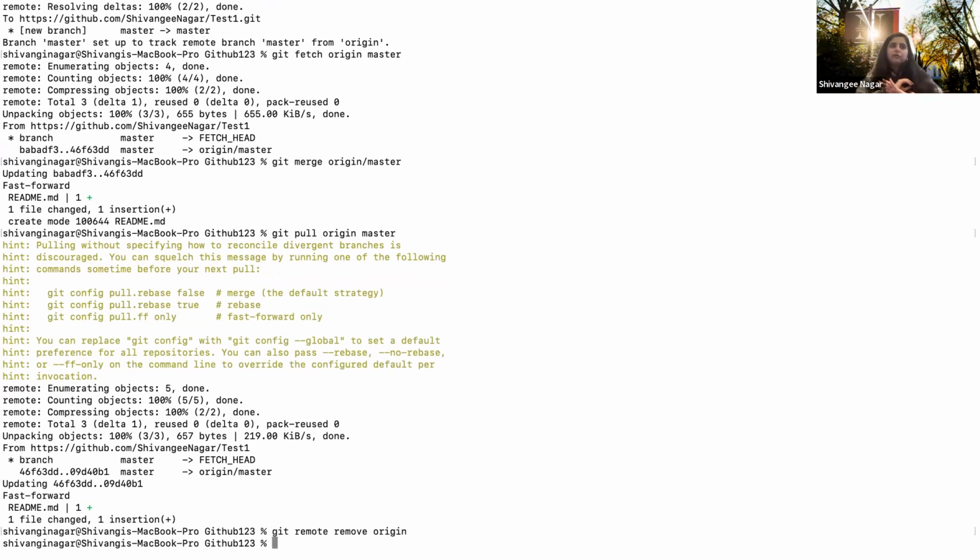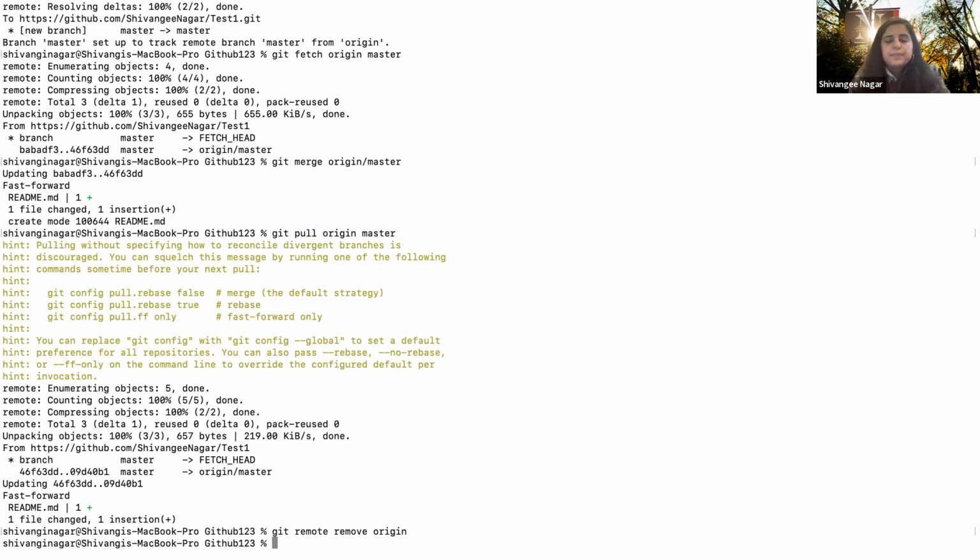So what I can use here is git remote remove origin. And that's where the whole connection is broken. Now you can have this connected to some other remote, or you can have that remote connected to some other local.